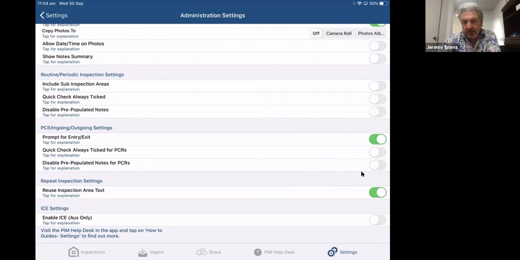The other thing is we've got this repeat inspection area text button switched on. That means that every time you produce a new report, or every time you do a repeat inspection based on the last time's inspection, it will include the notes within the new inspection that's been created for you. So if I go, for example, into